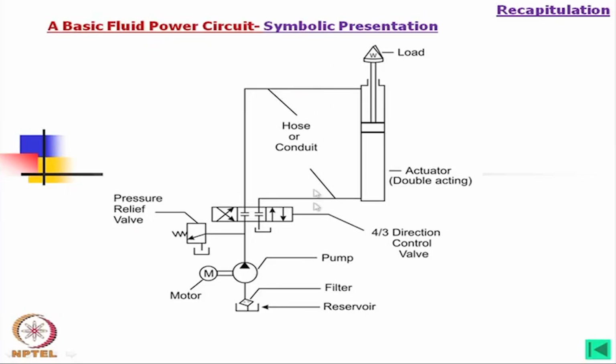In case of fluid power, due to the advantage of using pipes and hose, if you use flexible hose, you can place this in any direction, whereas your power source is in one place and the valve is in another place. But anyway, to design such a system, first of all you have to draw a circuit